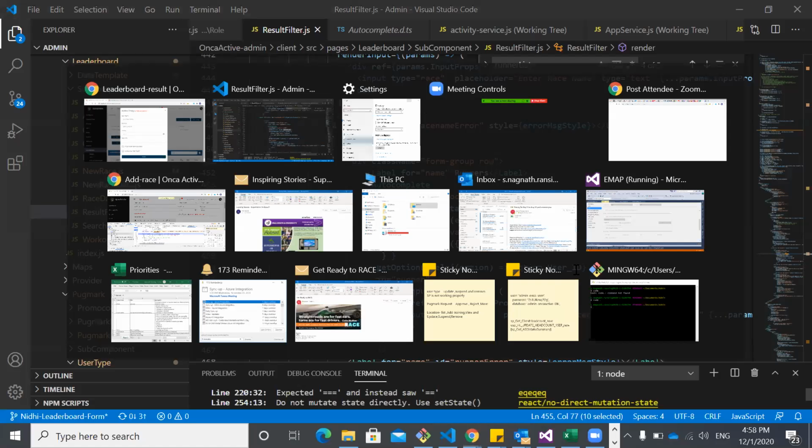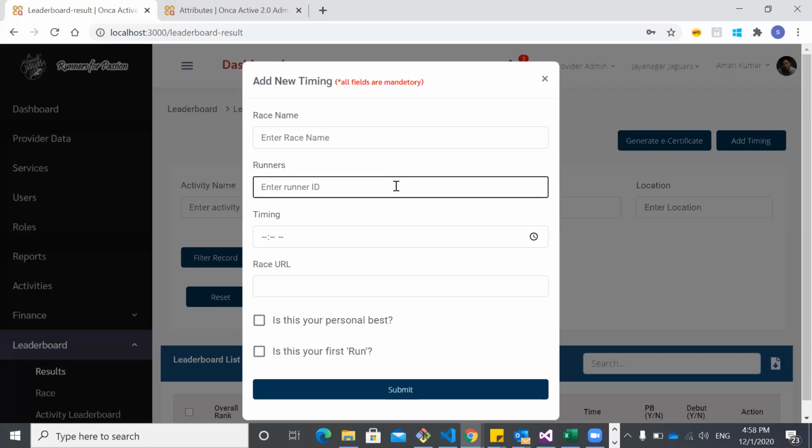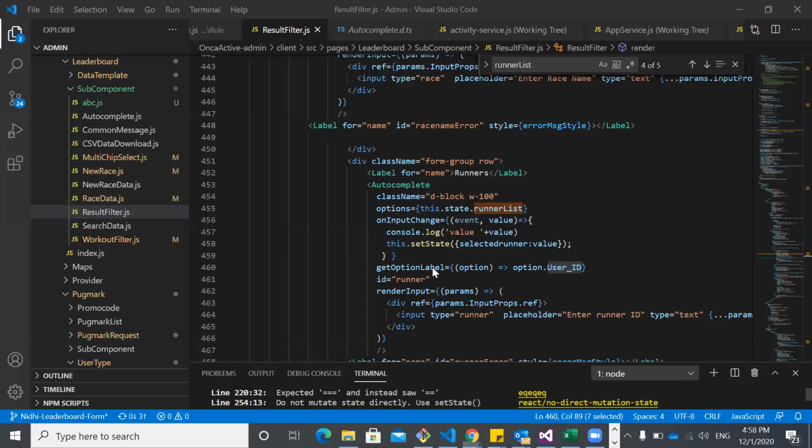Its name was coming under user ID. So if we check option dot user ID, or if we check runner list dot user ID, then all the users data was coming under user ID. So I have bound the get option label, meaning the label which we have to display, that we are binding. Under option we have to select a particular option, and for that we only have to consider user ID. We don't have to consider other columns which we are getting from the runner list variable. Okay.